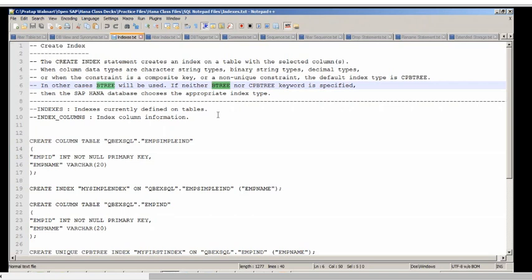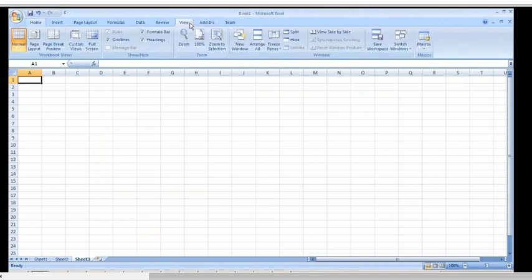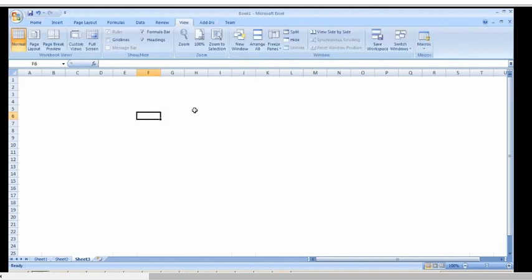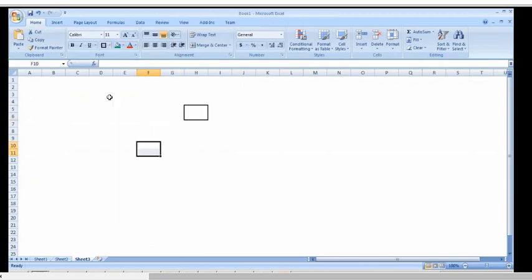Actually, B tree, you know about a binary tree. You'll have a parent, and the B tree index works like this: understand this like a node, understand this like a node, understand this like a node. The nodes keep going down.